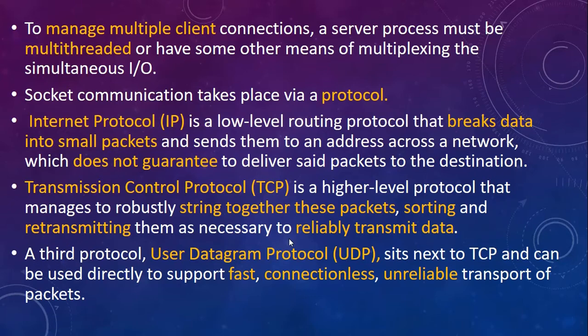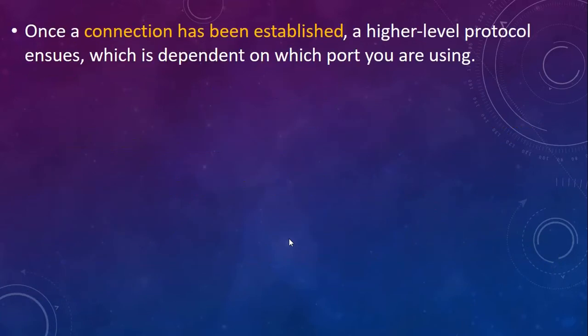So we will see two different programs, how transmission is done with TCP, and then at the end of this chapter we shall see how transmission can be done with UDP. Now once a connection has been established between the sockets of a client and server,